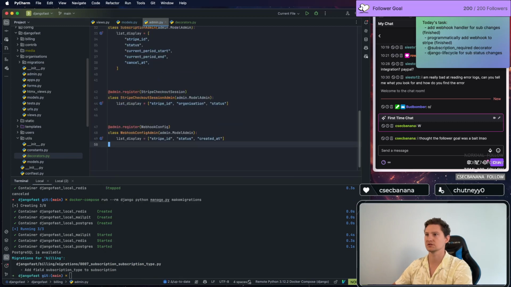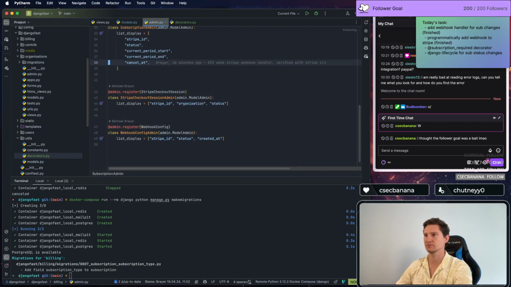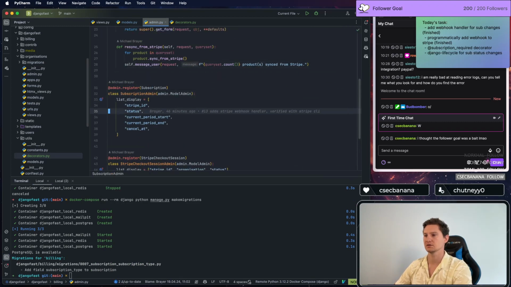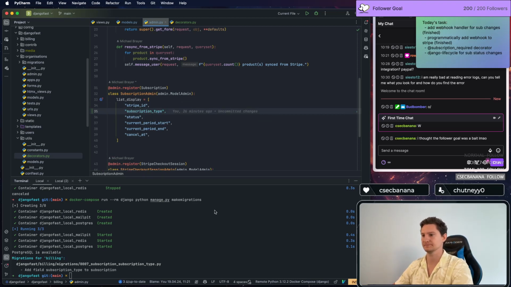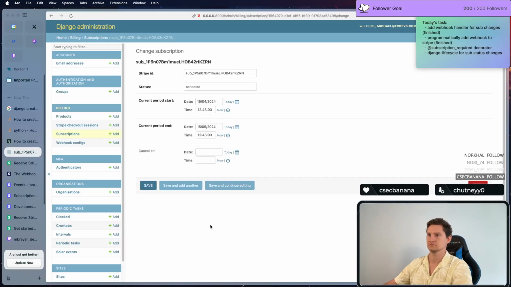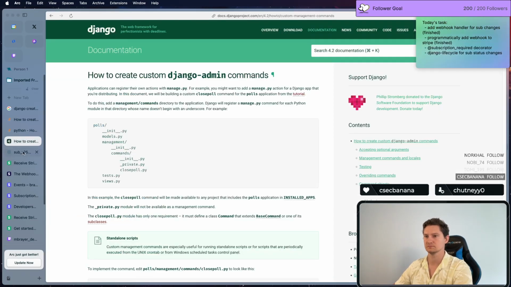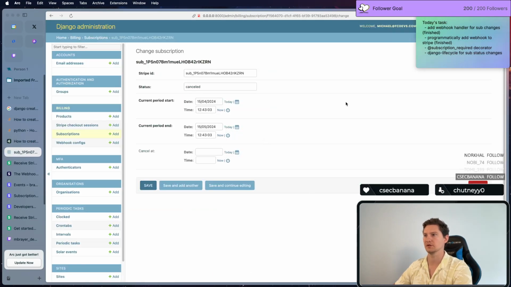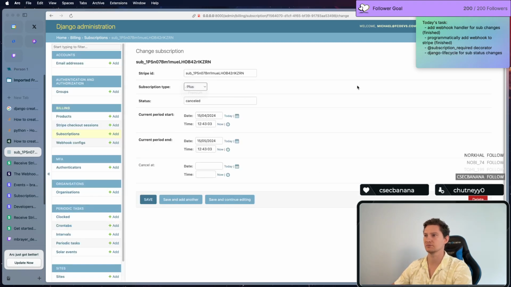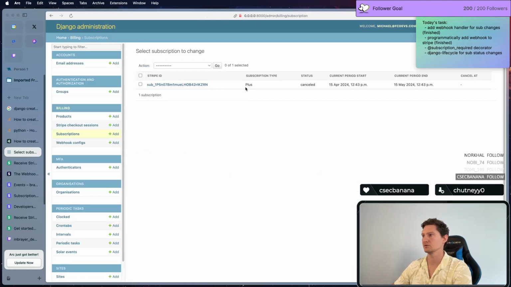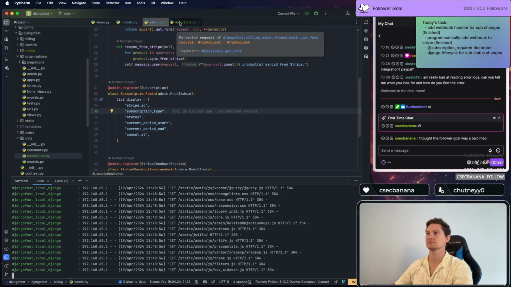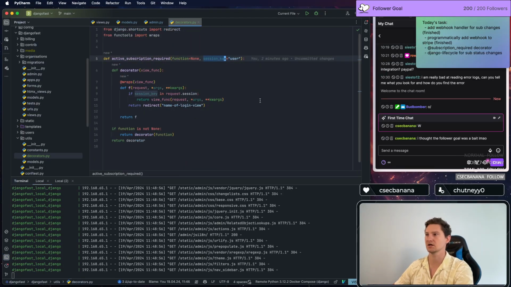Actually, let's also show this in the admin side, because it's then probably pretty interesting. Stripe ID, and you have a subscription type. Where are we? Here. We should see plus here now. Yes, we have plus or premium. This is plus. And here we also see this is a plus subscription. And as a matter of fact, this is because here we have